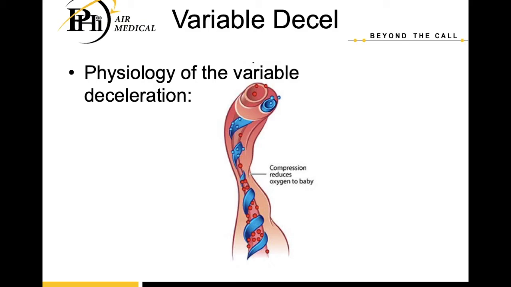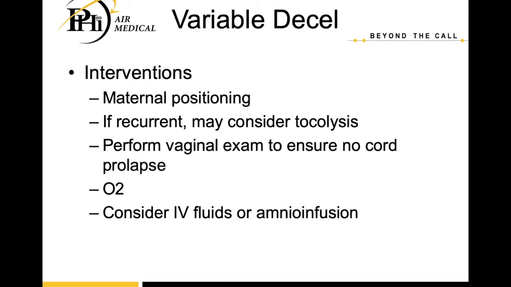And so then you have this vagal response that causes a rapid decrease in the fetal heart rate. And then as soon as that cord stops being compressed and blood flow is reintroduced normally into the fetus, then all of that stuff goes away, and you might have a refractory acceleration afterwards. So that is what causes variable decels, which means that the most important thing we can do is